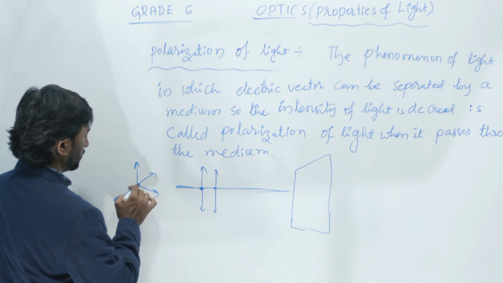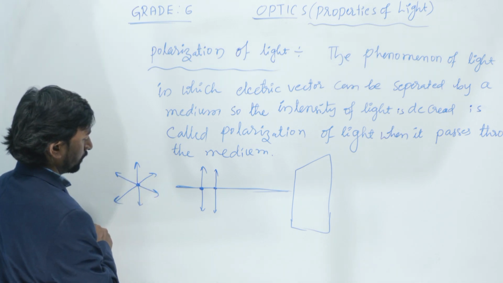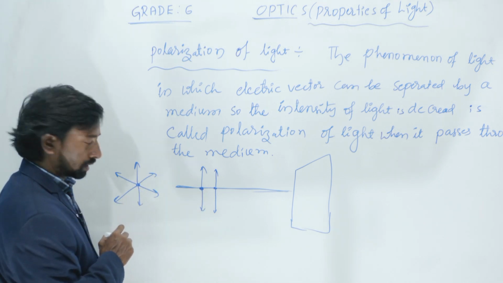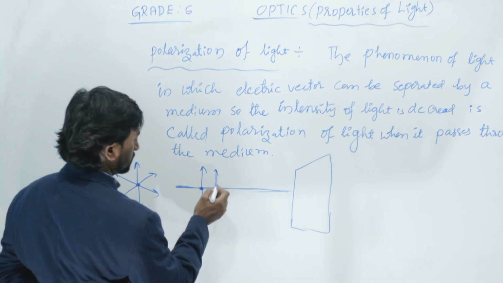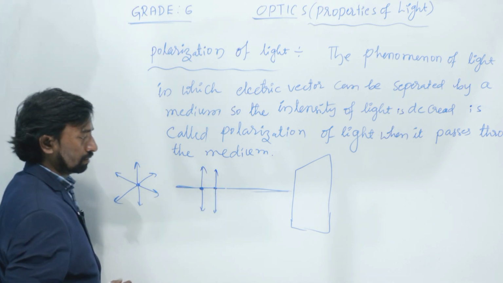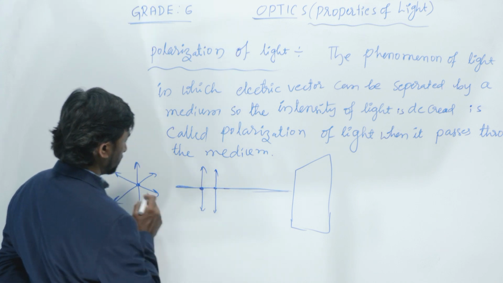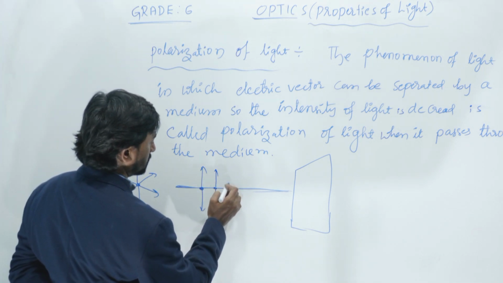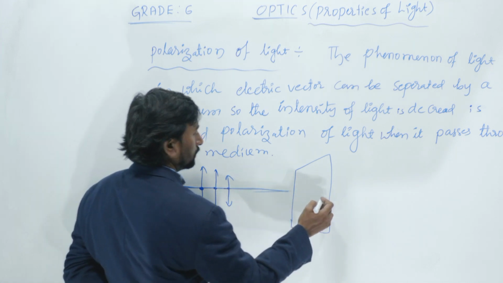Light will be traveling in all directions whenever it passes there. So now all the remaining vectors are denoted by a dot. Only these two perpendicular vectors are treated as electrical vectors, and the remaining are the magnetic vectors. Perpendicular vectors. So now whenever this light is made to fall here, whenever it is coming